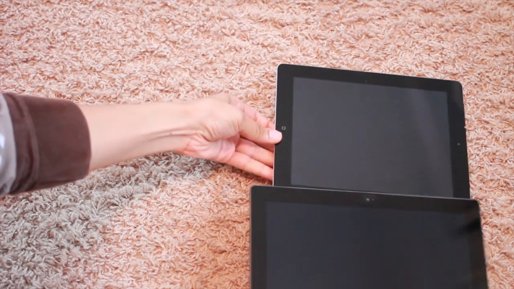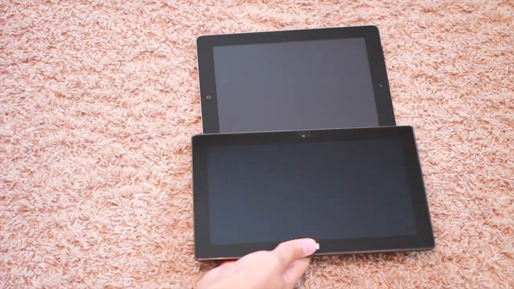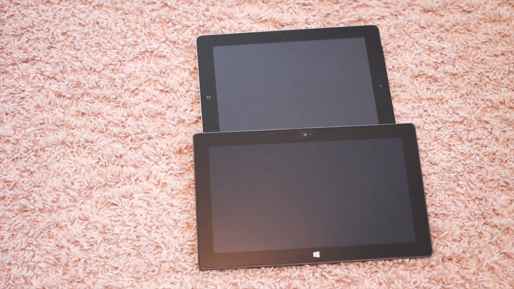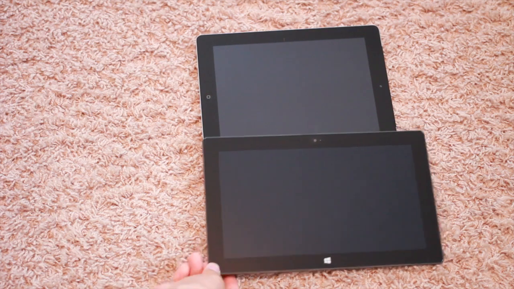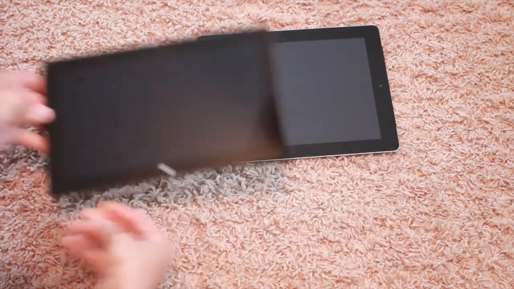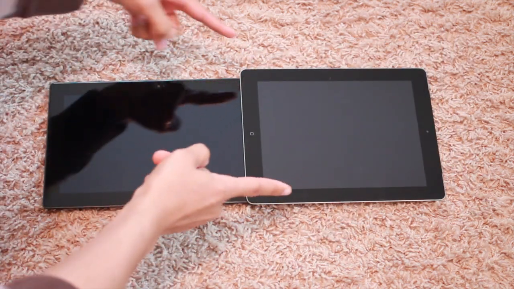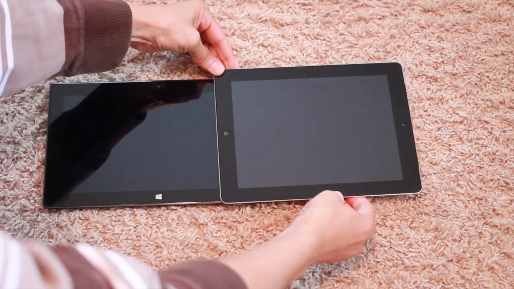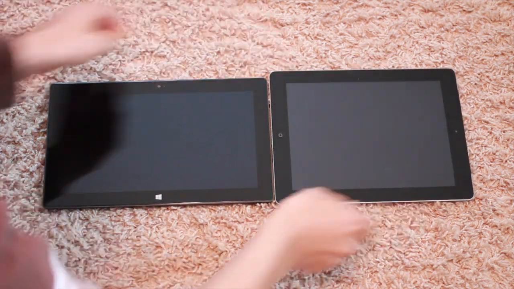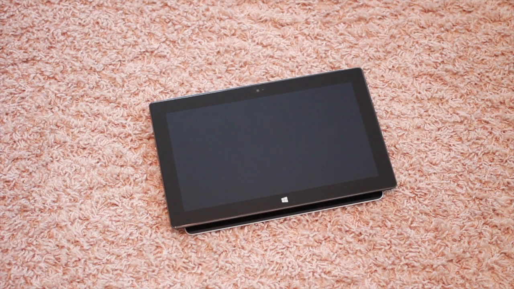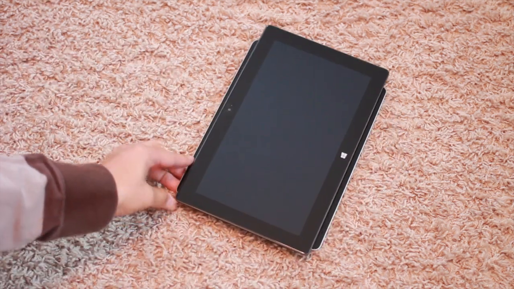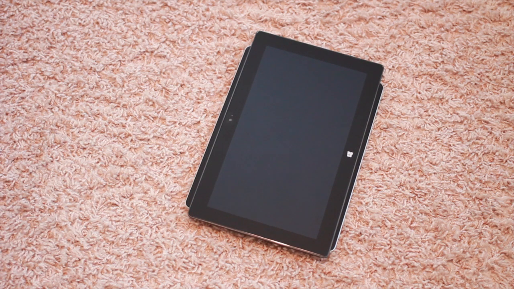And the width, or I guess that's the length of the Surface, you can see it's much longer than the iPad. The screen is, and the device itself is longer than the iPad. But then the iPad is wider than the Surface, so they kind of trade off there. Notice this. See how much wider the iPad is in general, and as far as screen size is concerned, there is a much wider screen on the iPad 3. And this shot right here really gives you a good indication as to how skinny the Surface is compared to the iPad and how tall the Surface is compared to the iPad. So there's quite a bit of difference, and of course the Surface has a 16:9 aspect ratio as well.